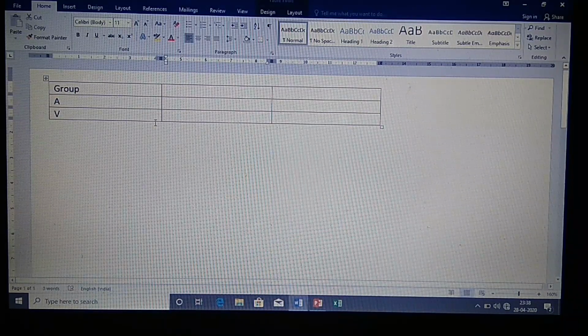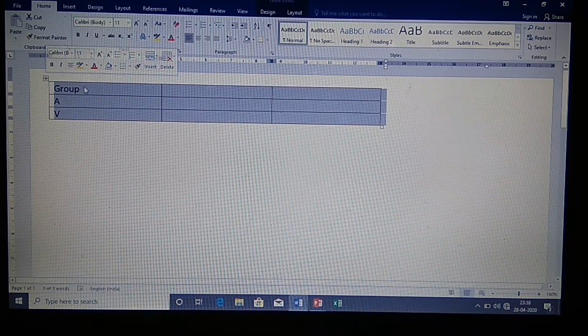If I want to delete the entire table, you can click anywhere on your table. A small box will appear at the top left corner of your table. Just click on that box and the whole table gets selected.